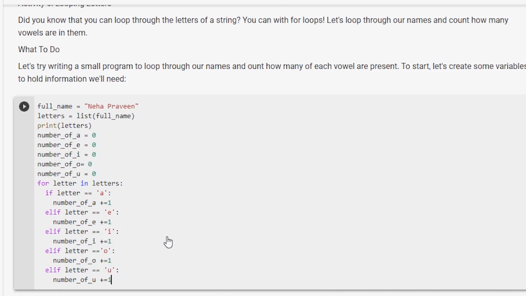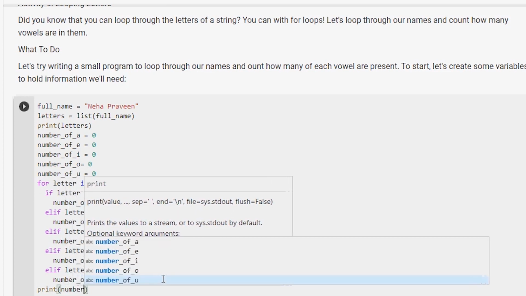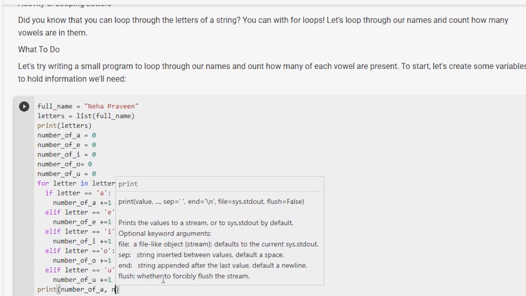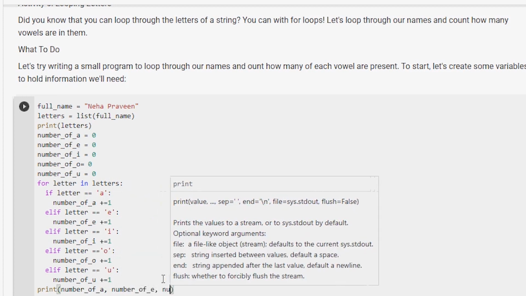Well, that was a lot of code to type in, and believe it or not, we are still not done because we need to write our print function. So go back to your same indentation level as our for loop, and here go ahead and write in our trusty old print function, and in the parentheses, go ahead and write in number of A, comma, number of E, comma, number of